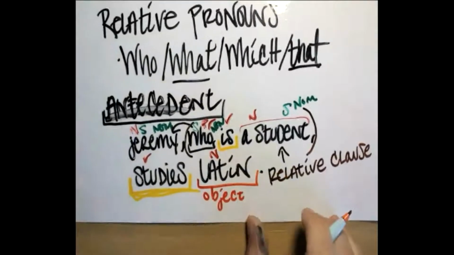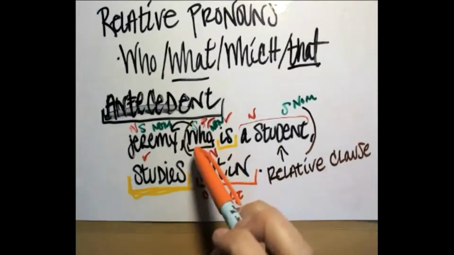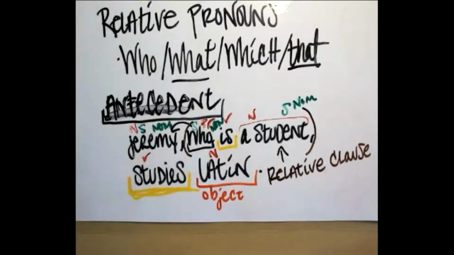Okay. So it's not always going to be the case that the pronoun will agree with the antecedent in case. It will always agree in gender and number. But the thing about the relative clause is that it is its own clause, okay? So if we had a sentence like,